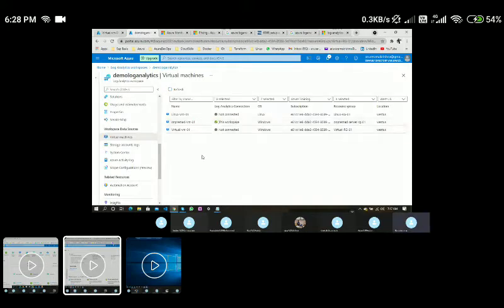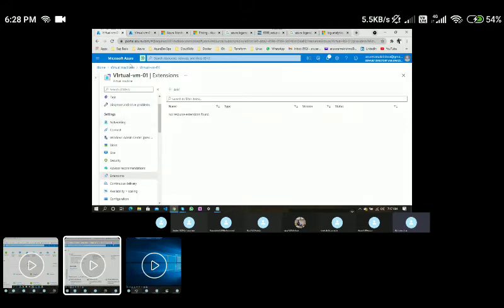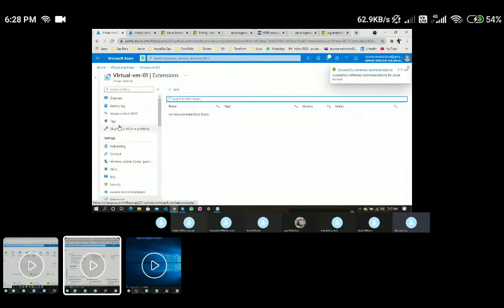Okay, this one is already connected, and this is the other one, which is the Windows virtual machine, right? I'll connect its logs also. Let me click on connect. As soon as I click on connect, if you go back to this VM and do a refresh here, you will see another agent installing on this particular VM